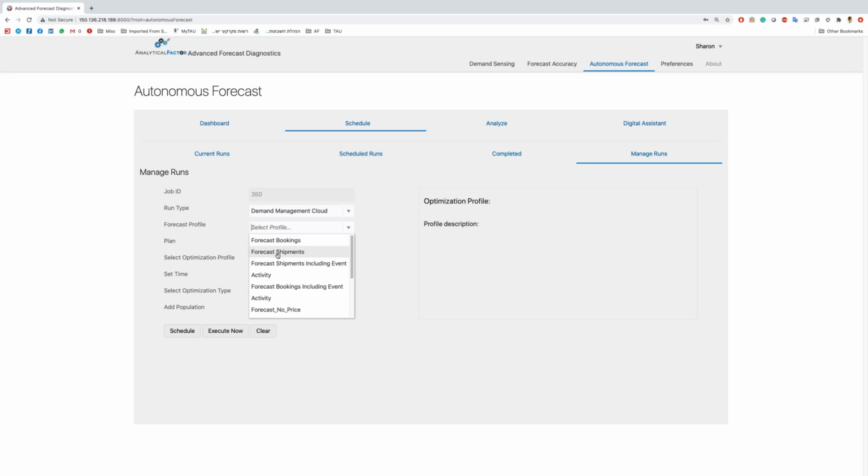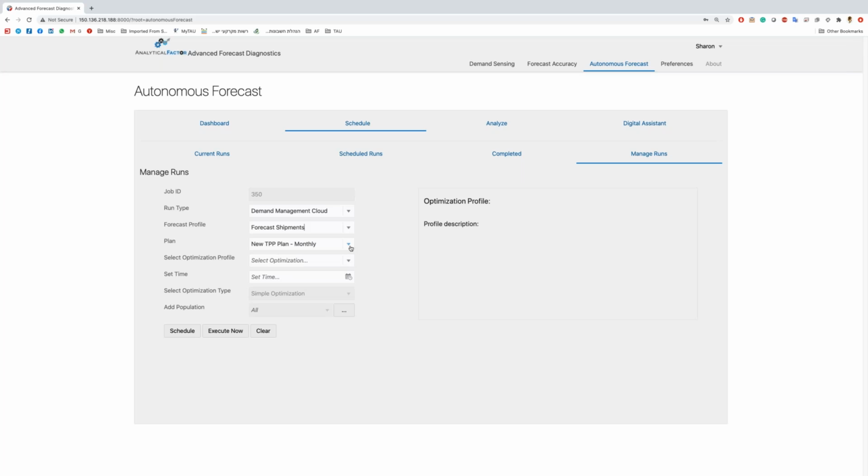And the second way to use it is you can take your shipment data and then segment that and run different forecasting profiles for different segments of the same data. So basically, I can take the shipment data and create 3 different or X different forecast profiles on the same data, where each one of them is going to have a filter of the segment that it represents.